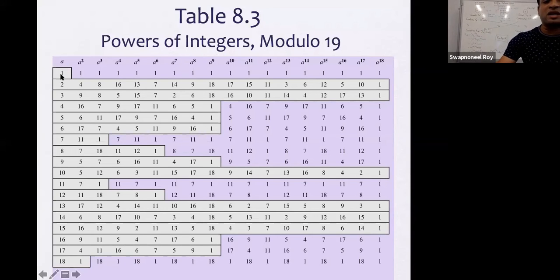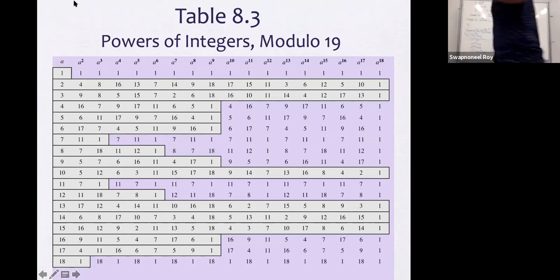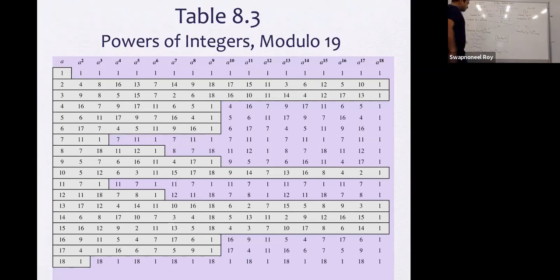Suppose alpha is equal to 1, the value of alpha starts from 1. So this is 1 to the 1 mod 19, that's equal to 1. This is 1 to the 2 mod 19, that's equal to 1 as well. This is 1 to the 3 mod 19, that's also equal to 1. 1 to the 4 mod 19 and so on. Let us read one row and then we will understand it very clearly. I will just do one row and I will use this part of the board to do that.